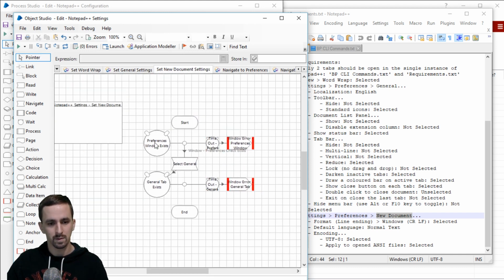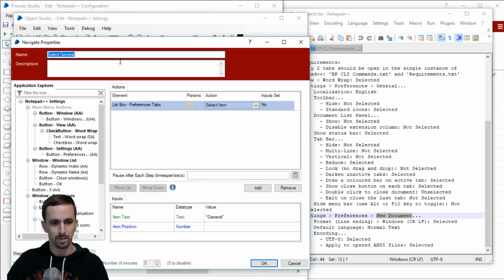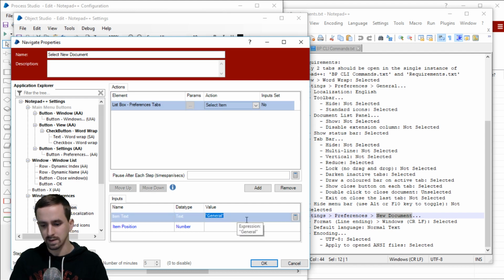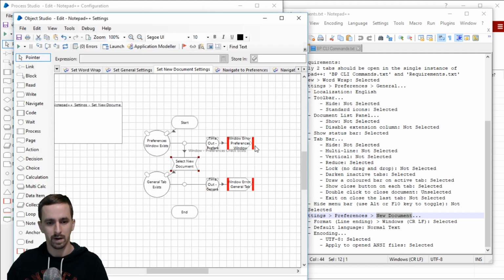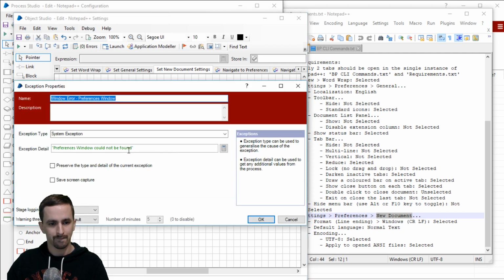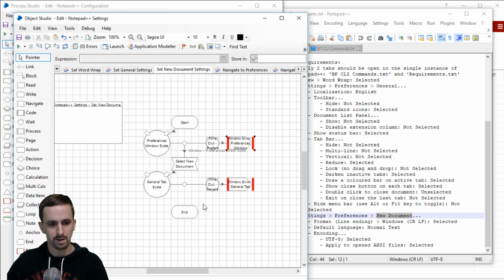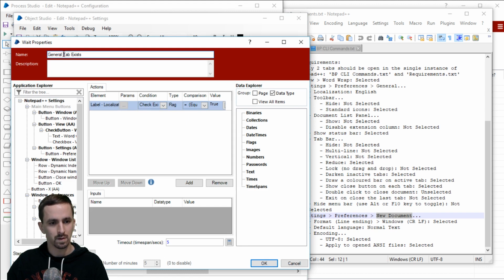Okay, preferences window exists. That sounds good. Select general. That sounds bad. We want to select new document list box. We're going to pass in new document for the item that we'll select in the list box. Preferences window cannot be found. That sounds good. General tab exists. We want new document tab exists, and instead of searching for a localization,